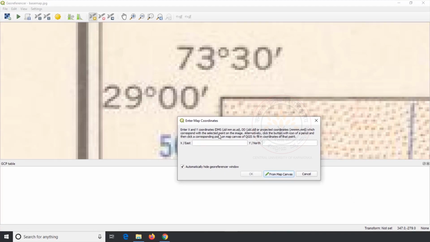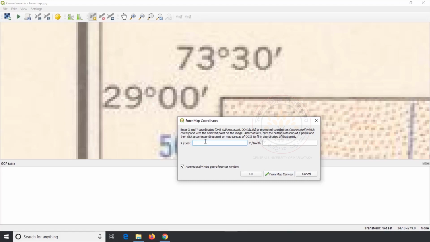Latitude and longitude information of a point can be entered in 3 different formats such as DMS, which stands for degrees minutes and seconds, and DD, which stands for decimal degrees, or projected coordinate format. As we are going to enter the value in degrees minutes seconds, first we have to enter degrees, then a space and minutes, then a space and seconds.